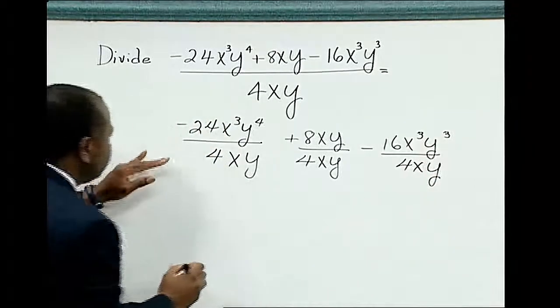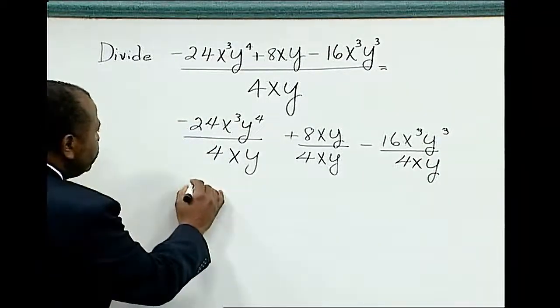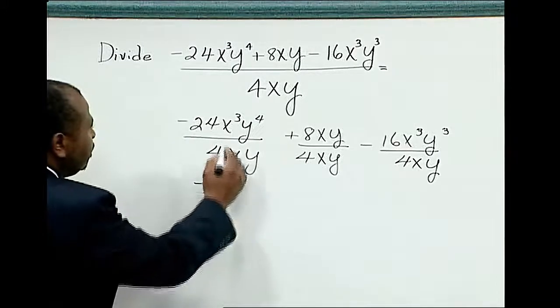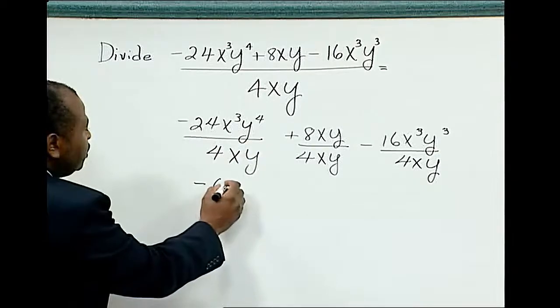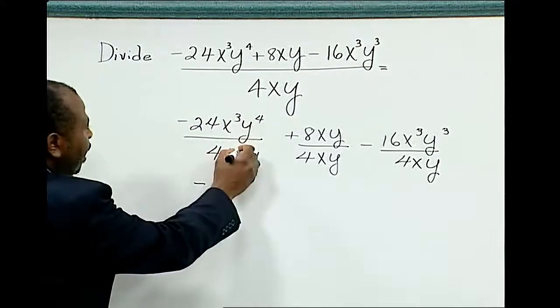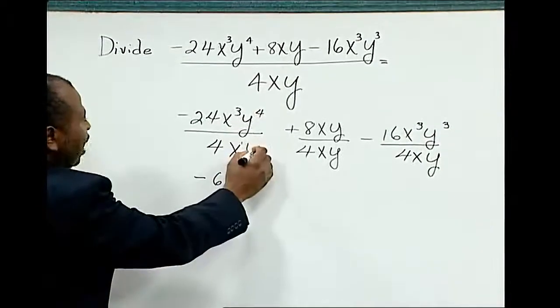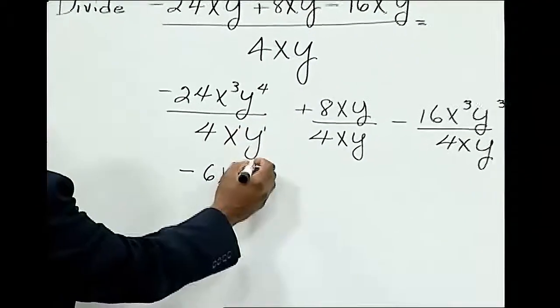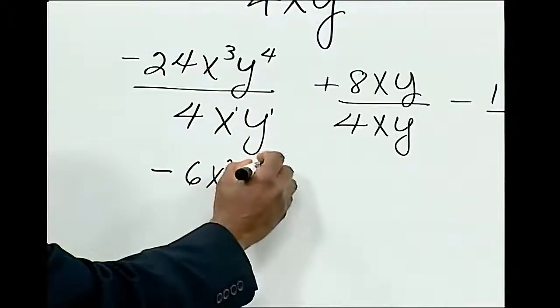4xy. Divide negative 24 divided by 4, so negative 6, x to the third divided by x to the first power, subtract the exponents, is equal to x to 3 minus 1, which is 2, y to the fourth power divided by y to the first power is equal to 4 minus 1, y to the third power,